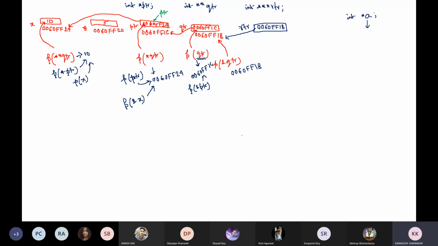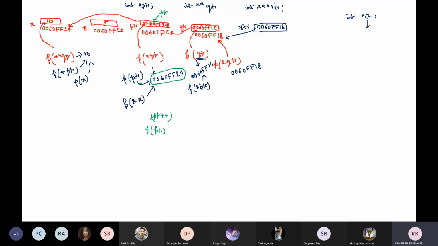When I have written ptr plus plus, what happened? So if at this moment from this picture, if I write ptr, what will be the value of ptr? ptr is this. This is the current value of ptr.